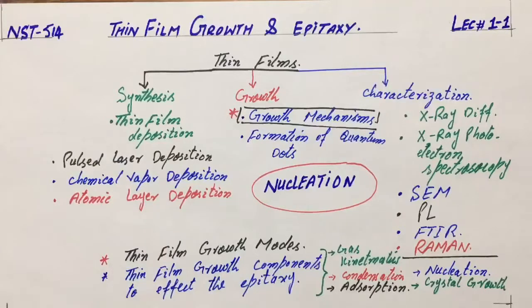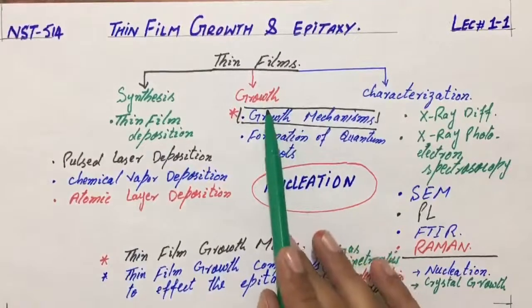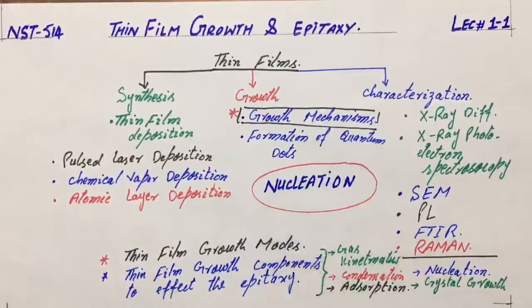So from nucleation, we move on further to the crystal growth, and then accordingly we move on to the epitaxy of the thin films. So in that way, the growth mechanism and the thin film growth along with its epitaxy will be completed, and then we'll move on to the formation of quantum dots. And by covering this, we will cover this main section that is concerned about the growth. So it will take about, you can say, 3 to 4 lectures, or within a couple of weeks